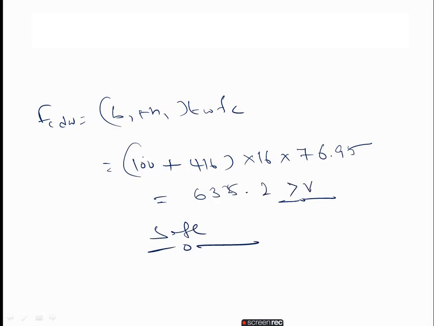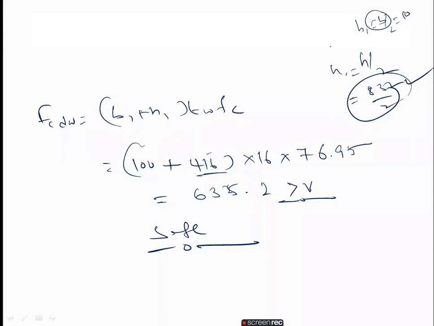I told you already how we calculate the N1 value. N1 is nothing but h by 2, that is 832 by 2. You will write here 416. B1 is the breadth, we know already, that is the 100 value we will take. B1 is half of the breadth, B by 2. B is nothing but 200 by 2. You will get 100. The remaining values you know already.